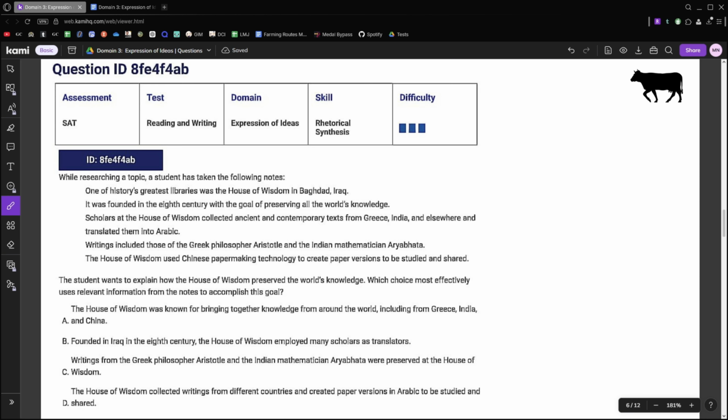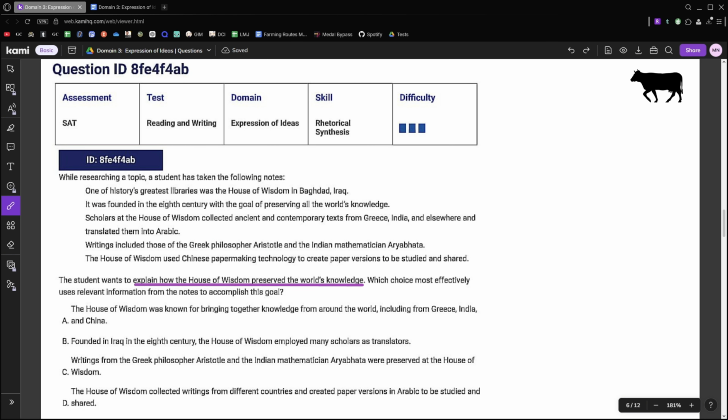Slide number 6. Let's find out what our task is. It's the first sentence right here, and it's gonna be, explain how the House of Wisdom preserved the world's knowledge. Now that we know our task, let's start going through our answer choices without even looking at any of the